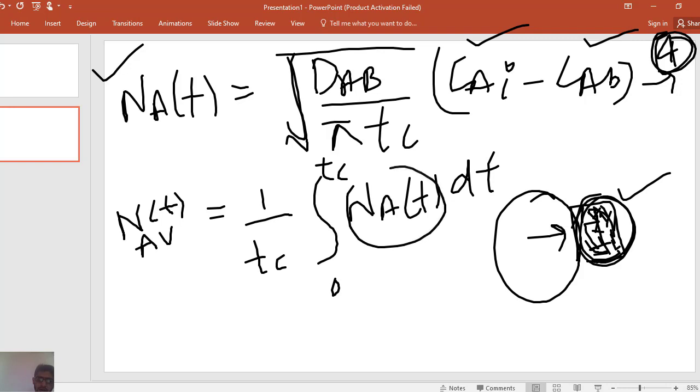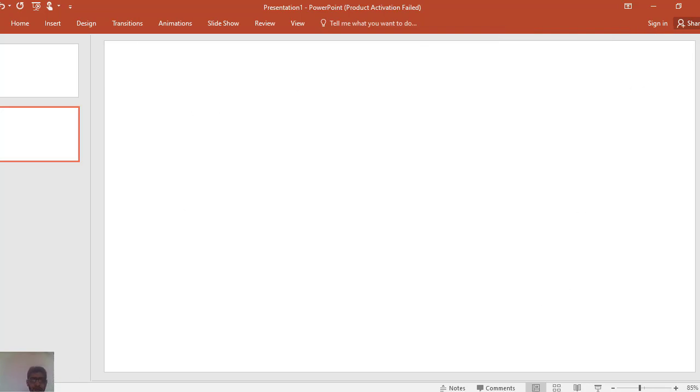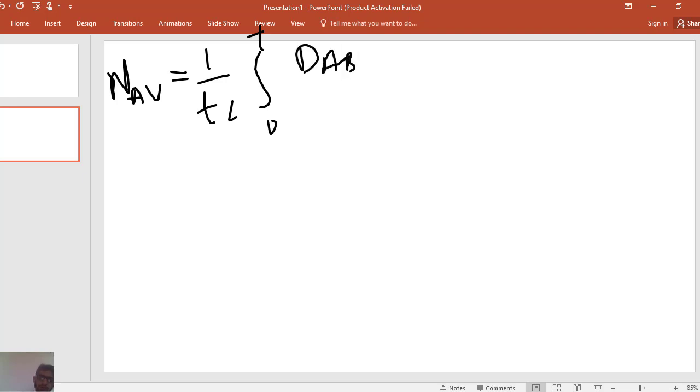Now this NA(t) is given in equation number 4, which we will put in this place. So we will get NA average equals 1 over Tc, integral from 0 to Tc, where NA(t) is given from equation 4, which is DAB over pi t, under the root, times (CAi minus CAb)